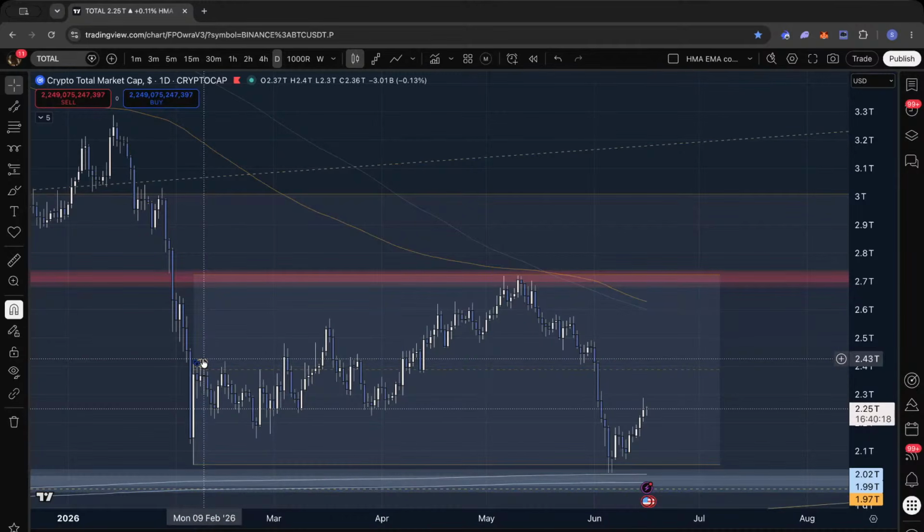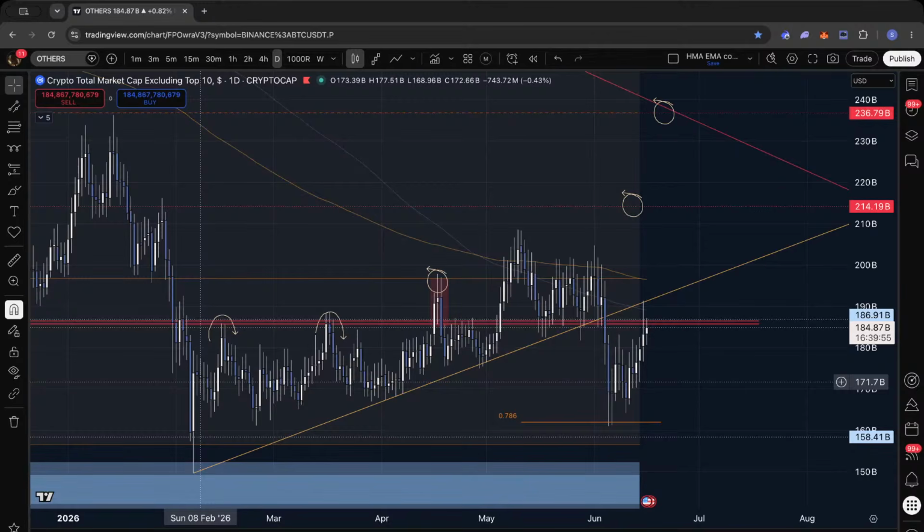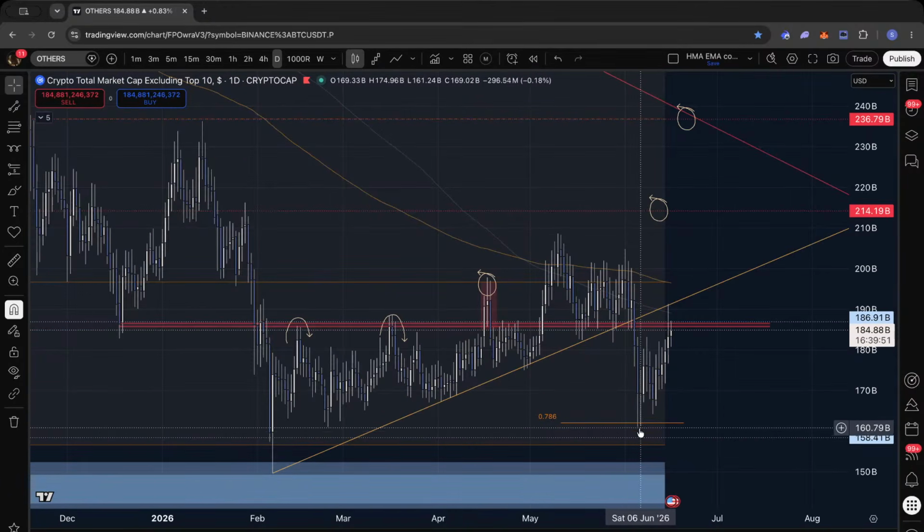So I'm not trying to call for anything because that's not profitable. What I want to do is actually to play level by level and enjoy what the market is giving me and not call for anything. On a high time frame, I will show you my plans and what I'm accumulating, let's say. Others, we had a perfect tap of 78.6, but still one of my main levels, 158, was front run.